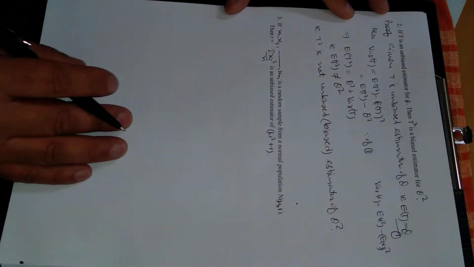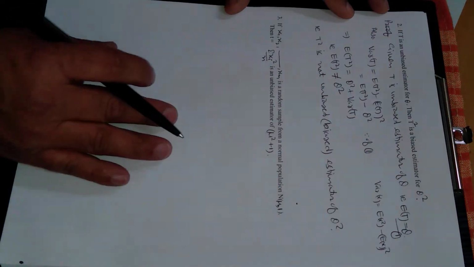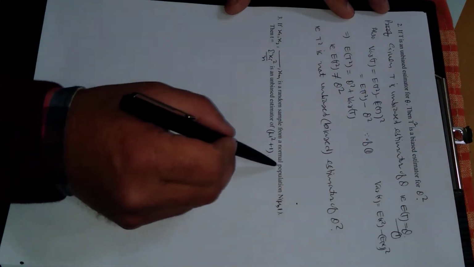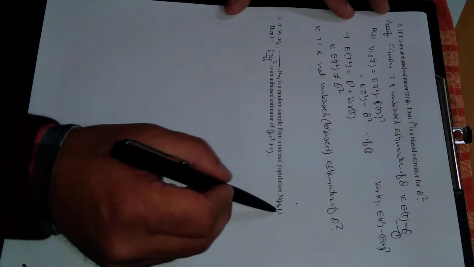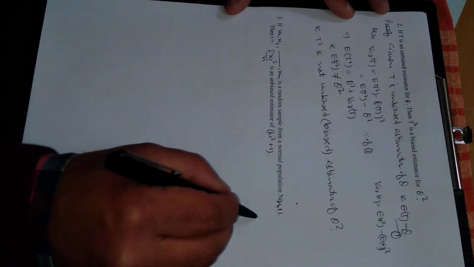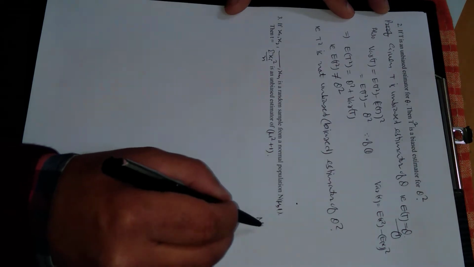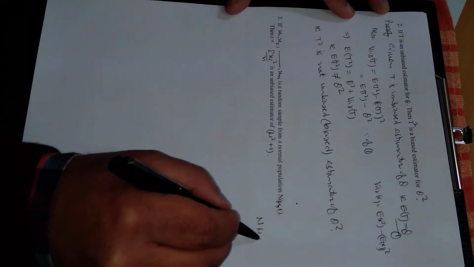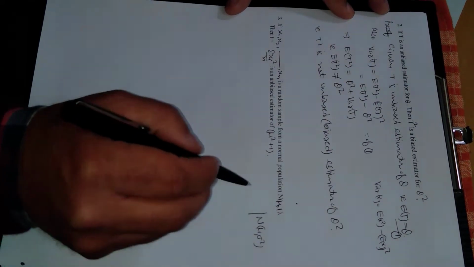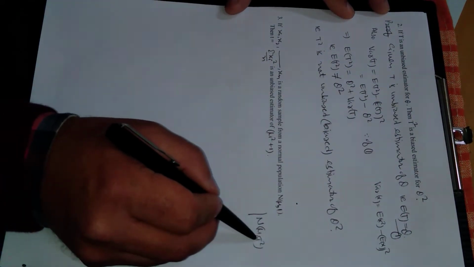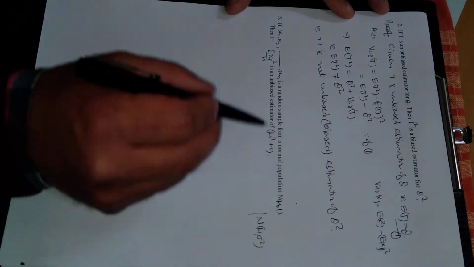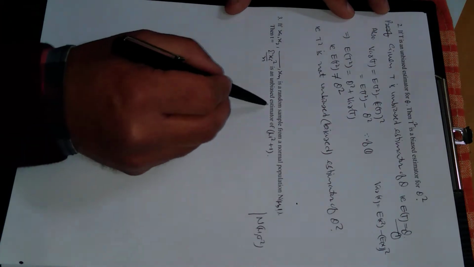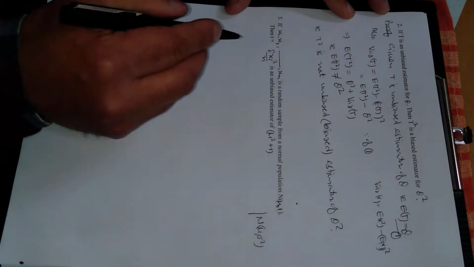Take one more example, example number 3. If this is a random sample of size n taken from a normal population whose mean is mu and variance is 1, because by the notation for normal distribution, the first one is the mean and the second is the variance. It means variance is given to be 1. Then we have to prove that small t is equal to summation xi square upon n is an unbiased estimator of mu square plus 1, right?